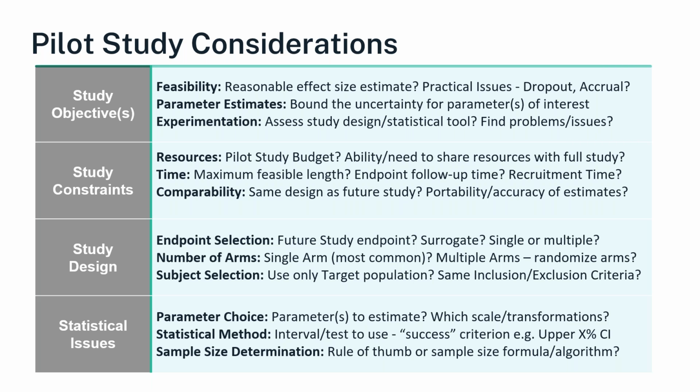And in terms of subject selection, this goes directly into that comparability point. If you're using only the target population that will be used in the main trial, that's obviously better in terms of the portability of your estimate, almost certainly. But if you have restrictive inclusion exclusion criteria, or certain mechanisms, like wanting a geographically wide sample in the actual main study, those might just not be realistic for your pilot trial. But you do want to consider, when you take the pilot study data to make inferences,